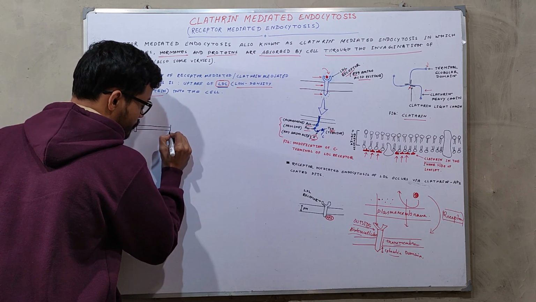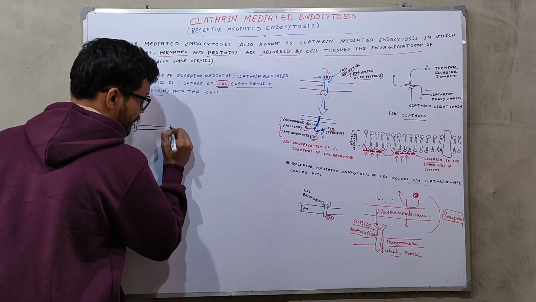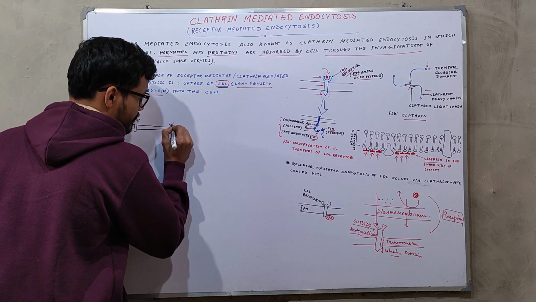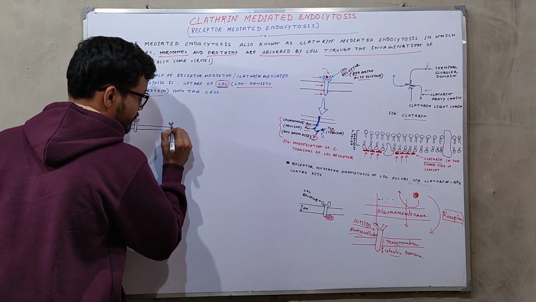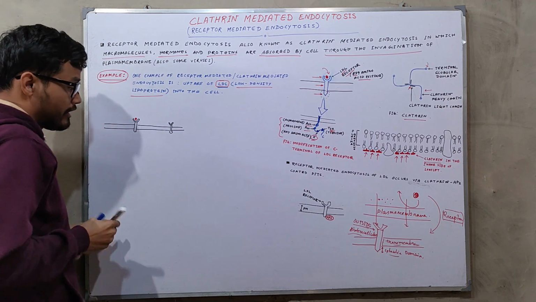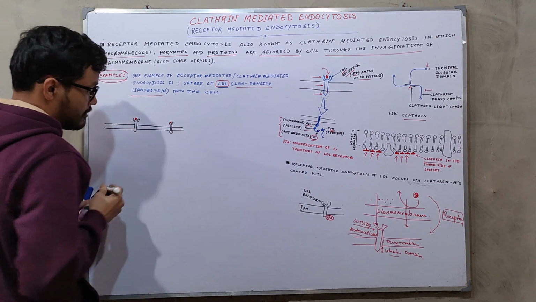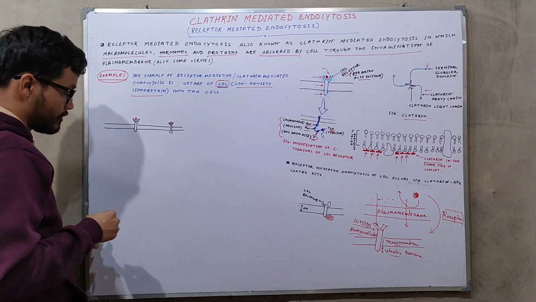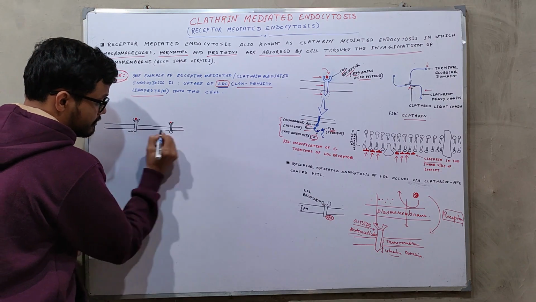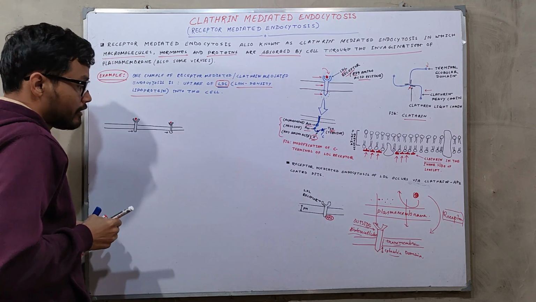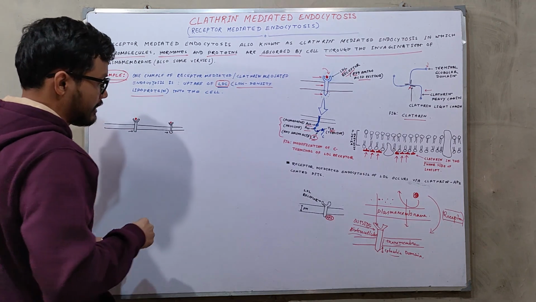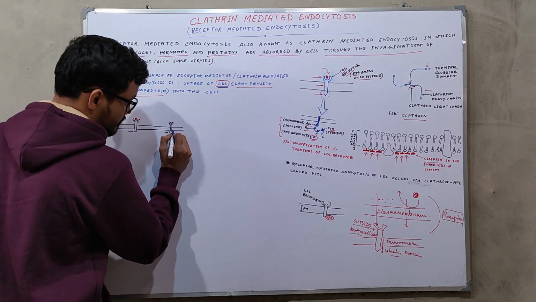So whenever an LDL molecule, or low density lipoprotein molecule, comes in close contact with this particular LDL receptor, then the C-terminal domain is changed or activated, okay. Whenever this C-terminal domain is activated, you can observe there is a structural difference in the C-terminal domain. Now the clathrins accumulate